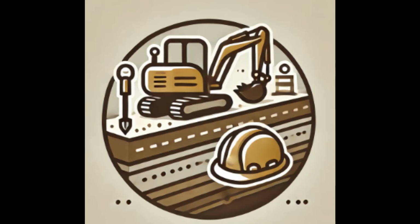Well, I think the first big takeaway is planning ahead. Excavation safety, it doesn't start when the excavator shows up. It starts way before that with a good hazard assessment, figuring out the risks, and then creating a safety plan that's specific to that project. Right, and that plan needs to be built on a solid foundation. Right, got to have that deep understanding of the OSHA standard, those appendices we talked about, and the best practices